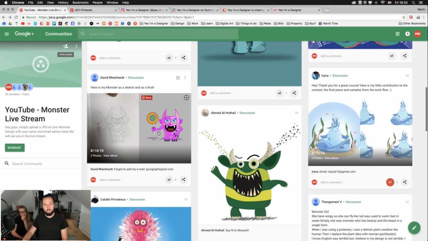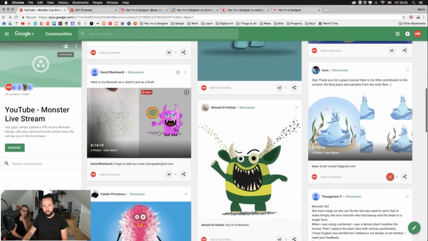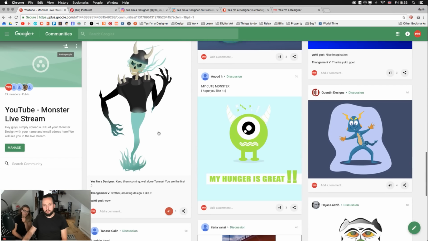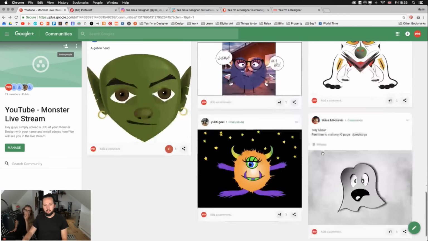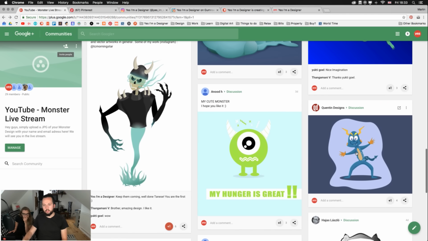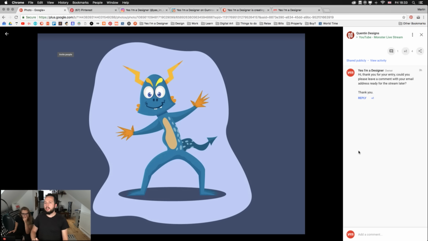So let's move on to the second one that we picked. Which was this one? That one there. I'm just going to quickly check if there's any new ones, but these are the ones we've seen. So the second one is Quentin. We really like this illustration as well. Unfortunately, Quentin didn't share his email address, so we're not sure whether we will be able to give out the prize.